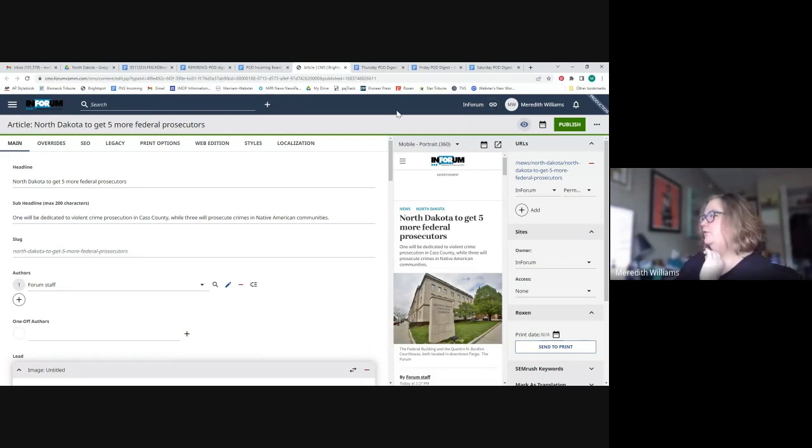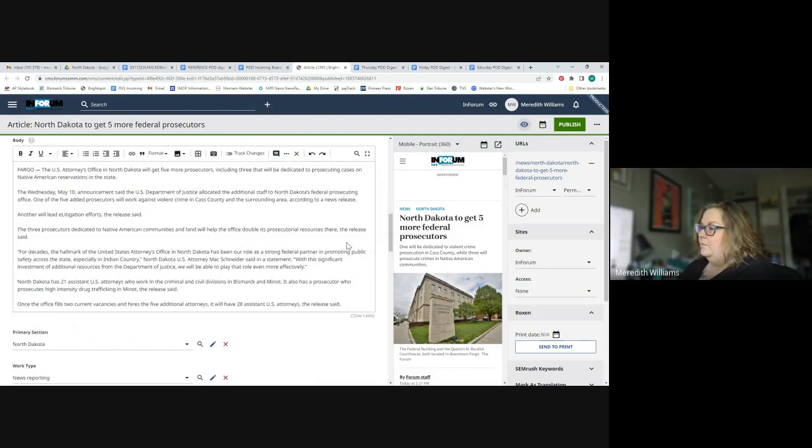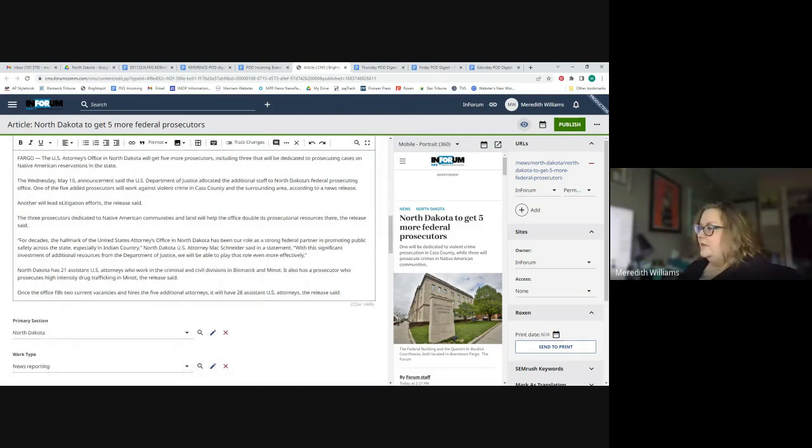But if you're already logged into Brightspot and you're working under a different site and you open up a Brightspot link that originates from Inform or a different one, you'll be prompted to switch to this one, but that's a minor thing. Okay, so once you have everything open at this point, it should all be edited and set up